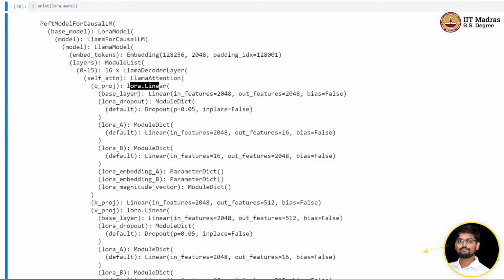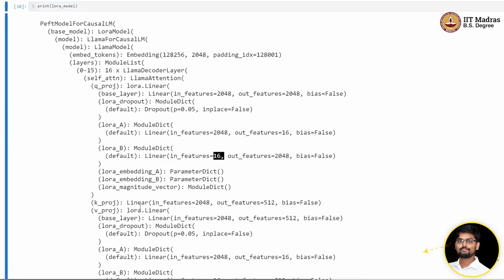Similarly, also look at LoRa A and LoRa B, right? Recall that, just take a screenshot of that approximation diagram and keep that with you. So you can see that for LoRa A, the model's original input dimension is 2048 by 2048, and we have set rank equal to 16. Therefore, the matrix size of A is 2048 by 16, and the matrix size of B is 16 by 2048. So when you do this matrix multiplication, it matches the dimension.